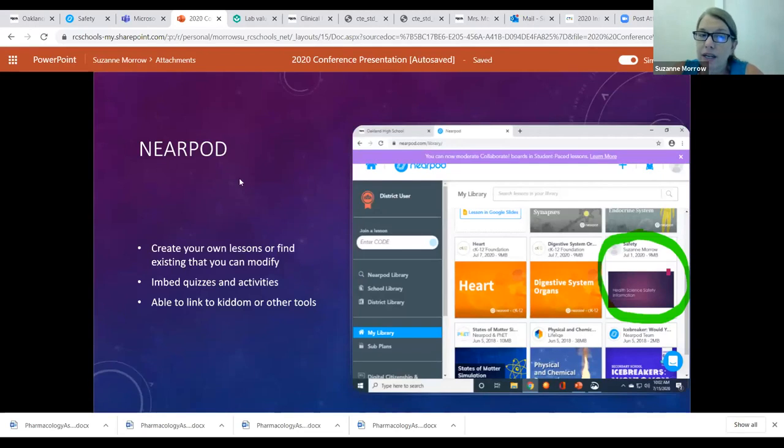This Nearpod is the new one that I have discovered. I don't know if any of you have. I got trained on it last year, and like most of the time when you do these technology trainings, you're like, okay, yeah, and then you never use it. You get all excited the day of it, and then it just never happens. But again, in March, I had to start figuring some things out, and so I started messing around with Nearpod again, and it's actually